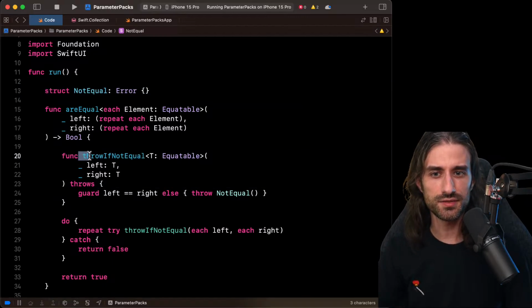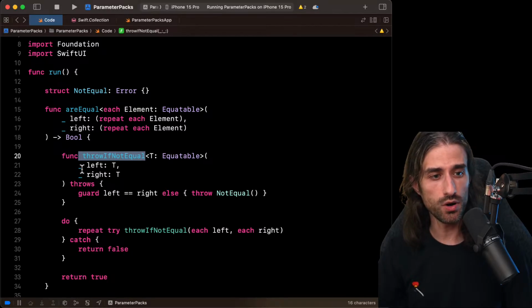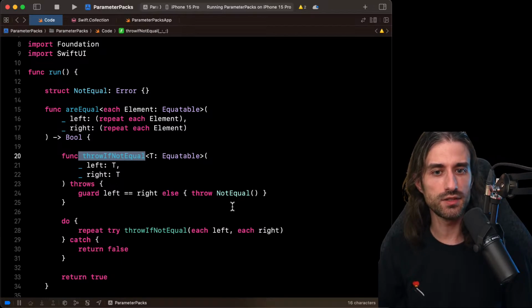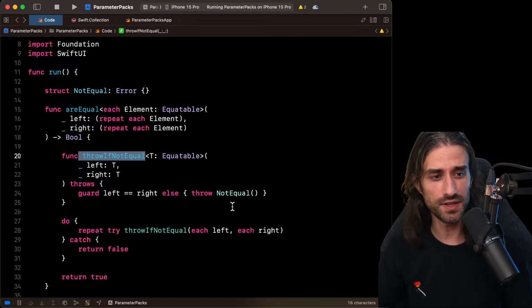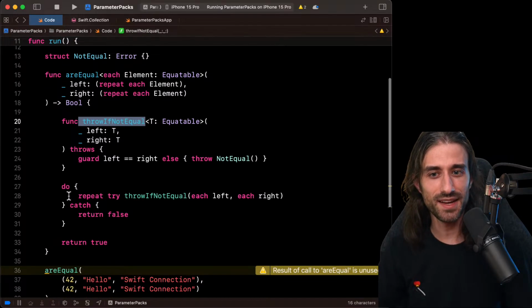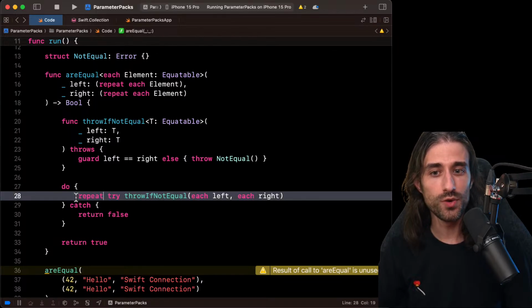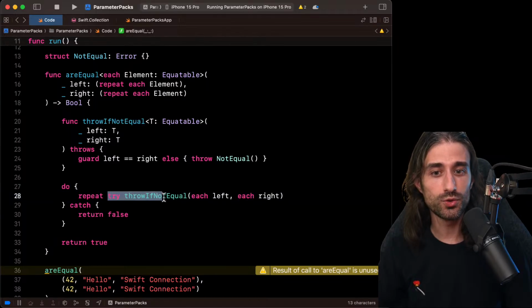So this function, throw if not equal, takes two elements. If the two elements are equal, it does nothing, it's a no-op, but if the two elements are not equal, it throws an error. So we've essentially mapped true on not doing anything, and false on throwing an error. It's already an interesting mapping. Then we do a do block, we do the repeat, and we try throw if not equal for each of the elements in the two tuples.